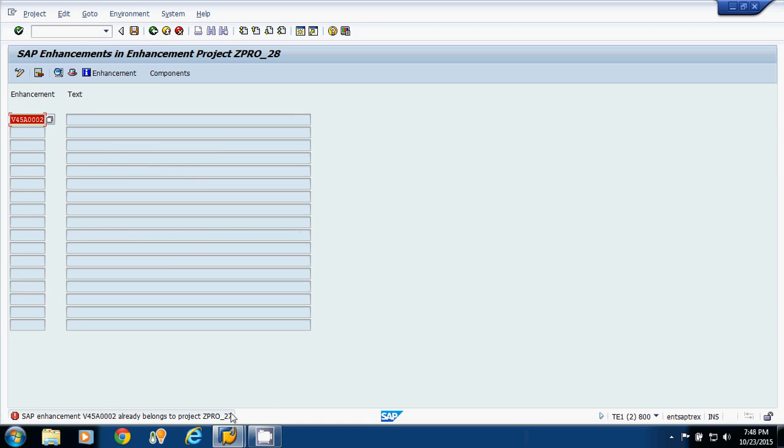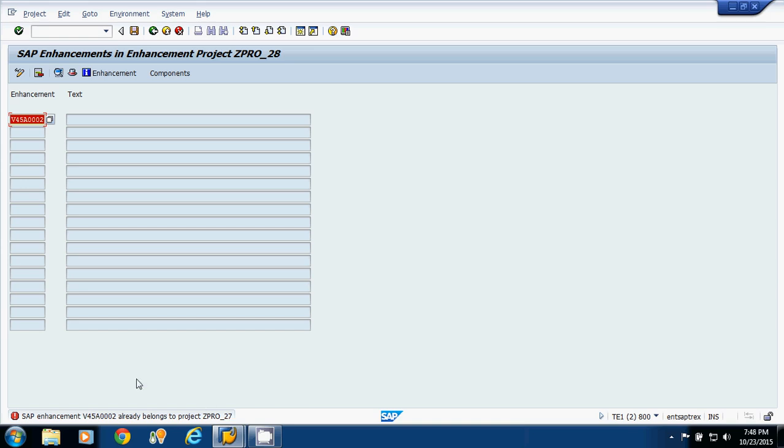It is saying your enhancement V45A0002 already belongs to project zpro_27 which I have assigned earlier. So this is an important point. For a particular enhancement you can create only one project.